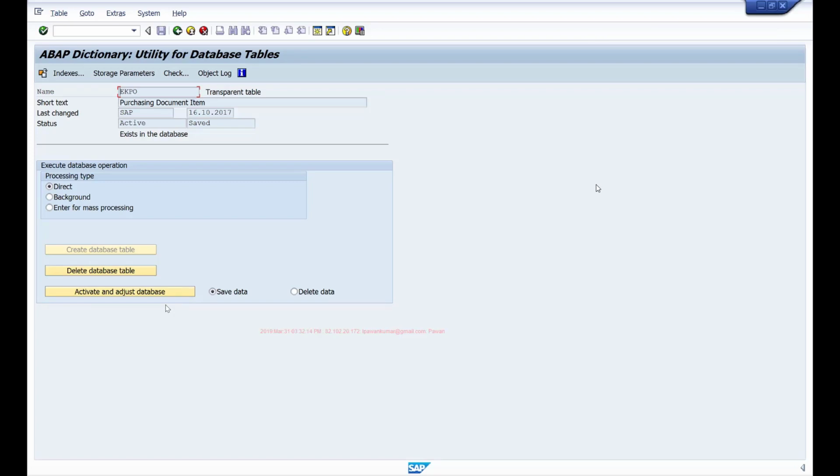Okay. So these are the different ways you can enhance your standard SAP transactions. One is function exits, using which you can manipulate the data. Menu exits, using which you can add your extra menu options to the standard SAP screen, and using screen exits you can add your extra fields, right?